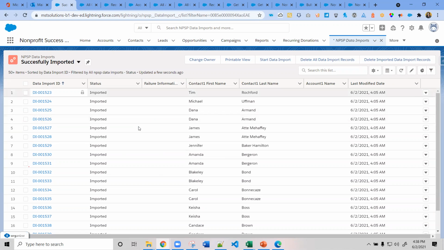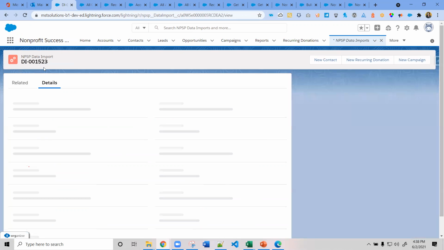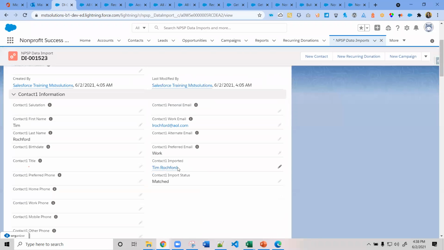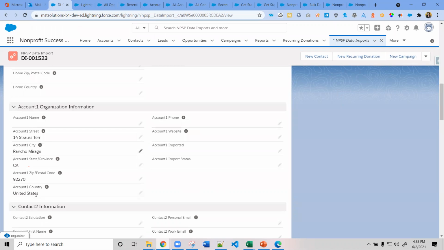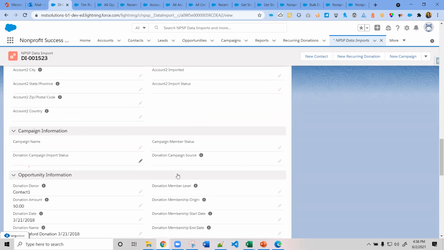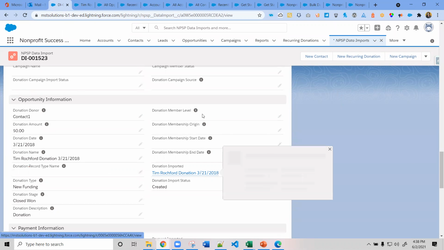If you look at this detailed page of the data import wizard, here the status is imported, and here a contact is imported. If we click on this link, it will navigate to the contact object, and here the account is successfully imported, and the donation information is also imported.